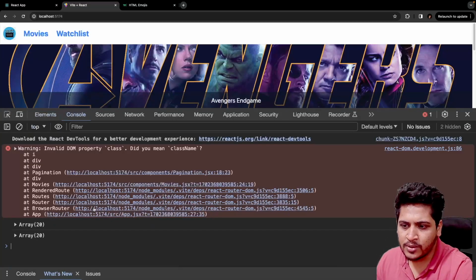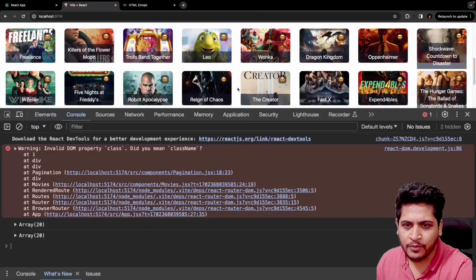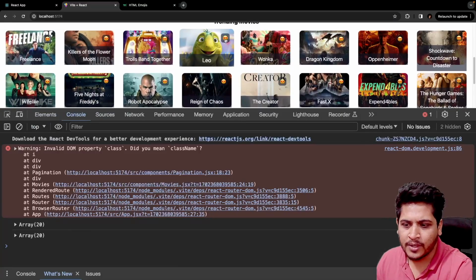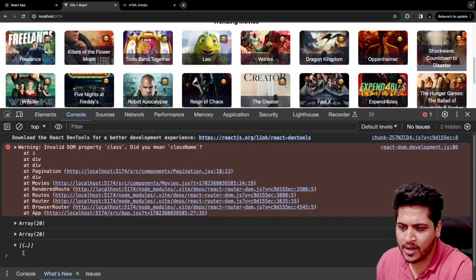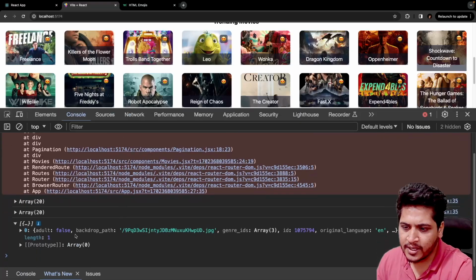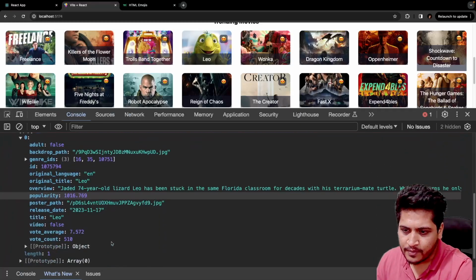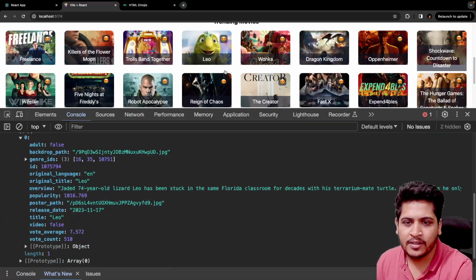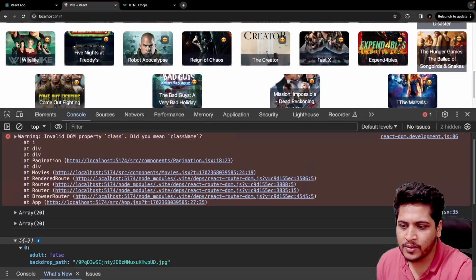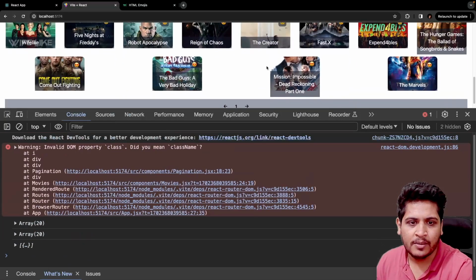So I go to my console, and if I now try to add any movie, so if I try to add this Leo, right, let's see. Great. So I now have one entry inside the array, which is basically the movie Leo. Great. Now if I add one more entry over here inside my array, let's add Mission Impossible,